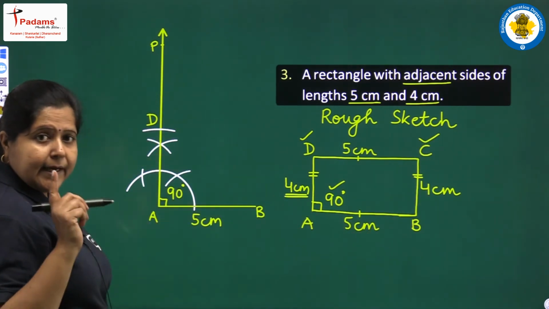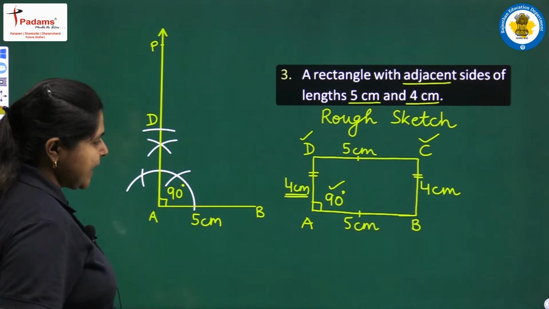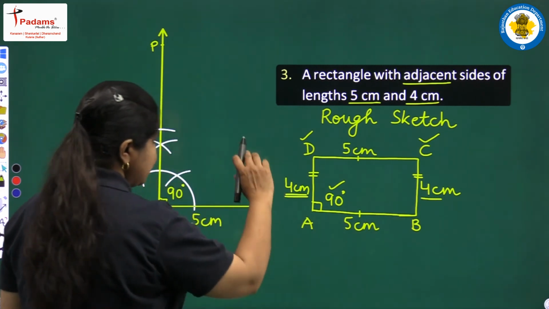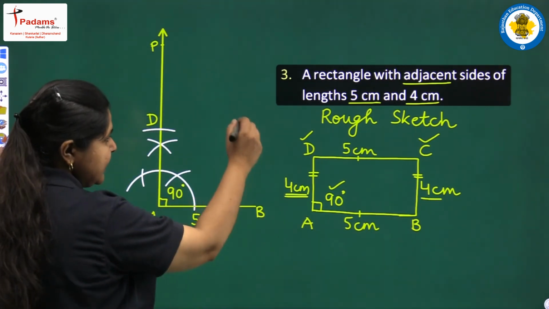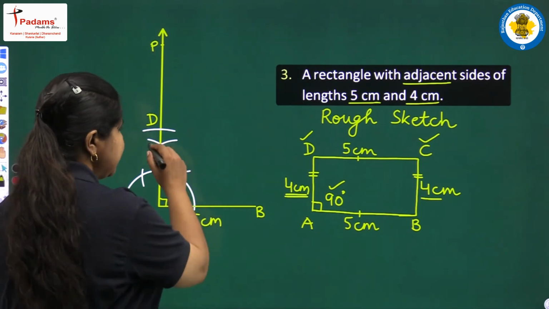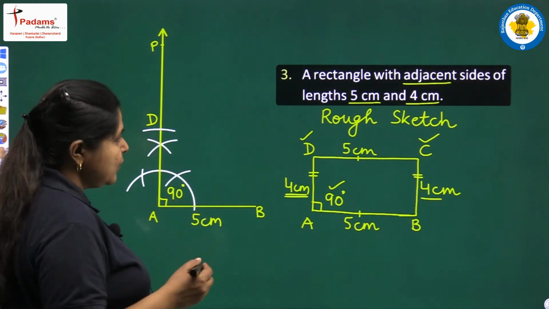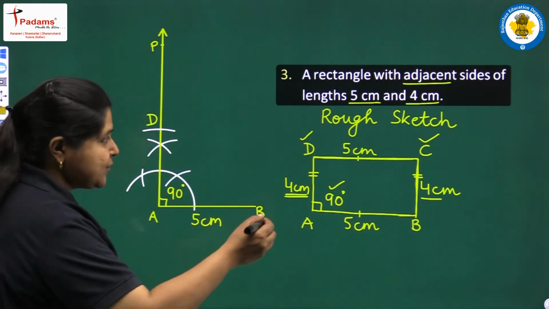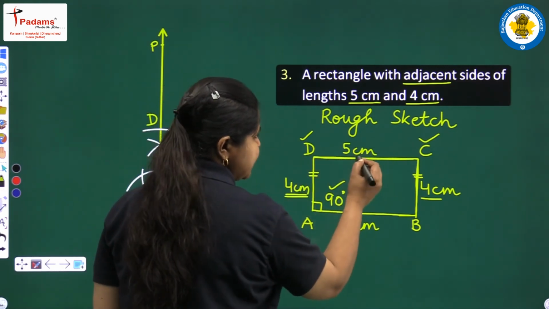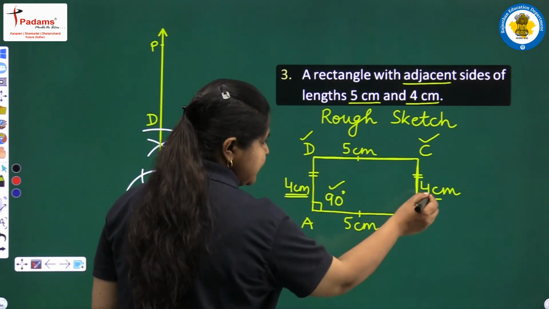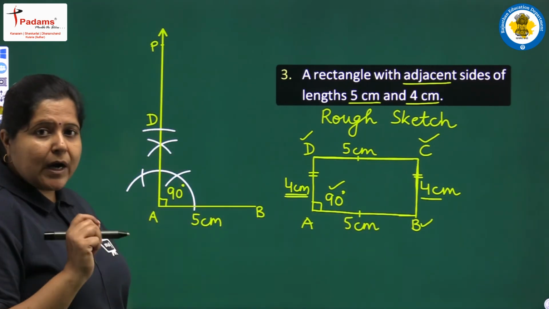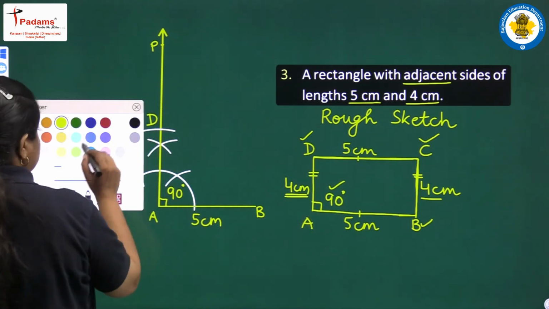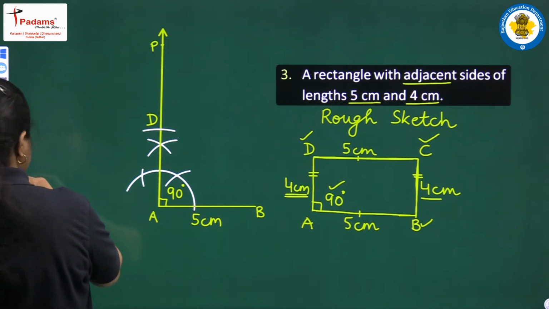For this again, either you can construct an angle of 90 degree at point B, and then taking the distance 4 centimeter you can cut off 4 centimeter from this ray and get this point C, and then simply join DC. Or what we can do, we know this distance equal to 5 and this distance equal to 4. We can use these 2 distances. Taking D as center and radius 5 we can draw one arc. Taking B as center, radius 4 we can draw another arc, and the 2 arcs will intersect, and then we can locate point C on it. So you can do by any method. I am following the second one.